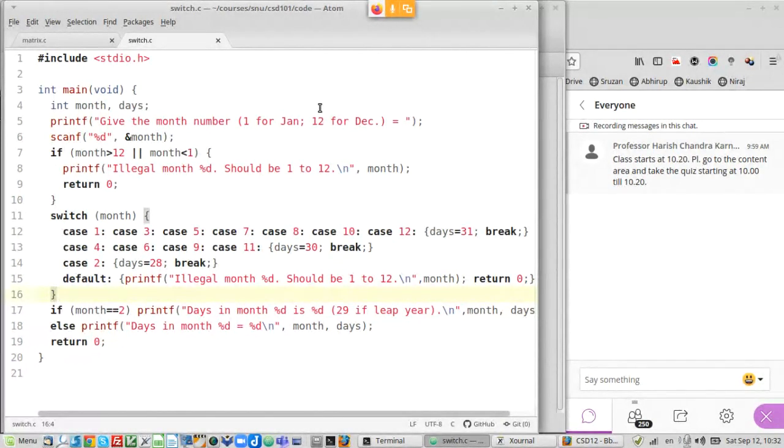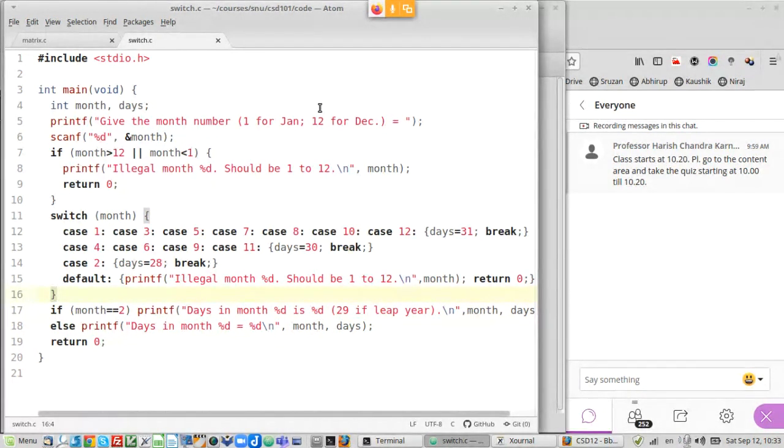So you clearly need to see, as you progress from the start date to the end date, you will come across months which have different numbers of days, right? Some months have 30 days, some months have 31 days, and the specific case of February can have 28 days or 29 days depending on whether the year is a leap year or not, and so on. So if you are going to compute the number of days between two dates, you have to take care of this situation. What this program is doing is essentially a small thing which gives you the number of days in a particular month, right?